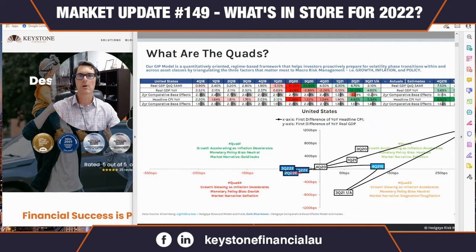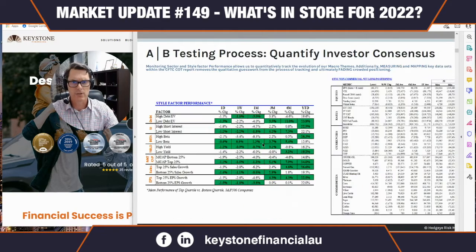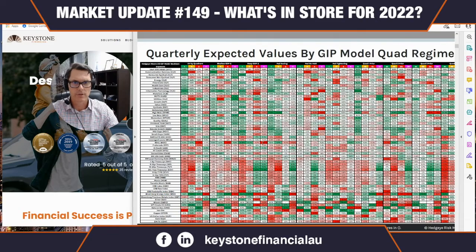But anyway, this is the growth, inflation, policy model, 3 metrics, and they put us in a quad. And from the quad, we start to delve more deeply, and again, I'll touch on this as we go along, into what is the playbook, effectively. What's the playbook that we want to have on? So before I go, if you want to know what the playbook looks like, that's the playbook right there. I have this thing printed off. It's not much better in print. I do need a magnifying glass to actually look at this thing.